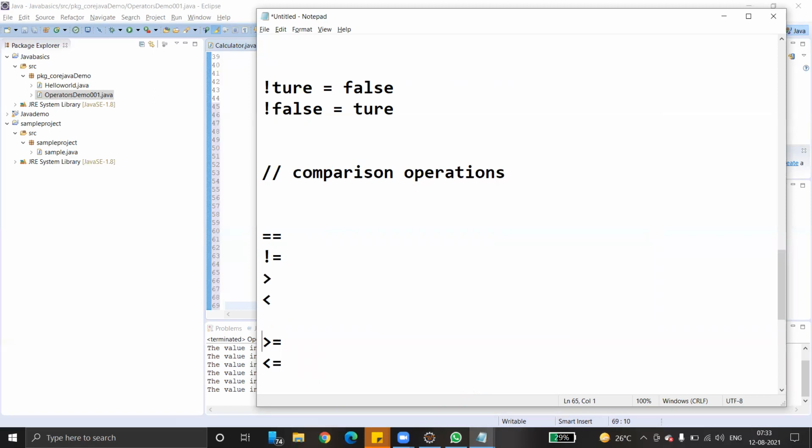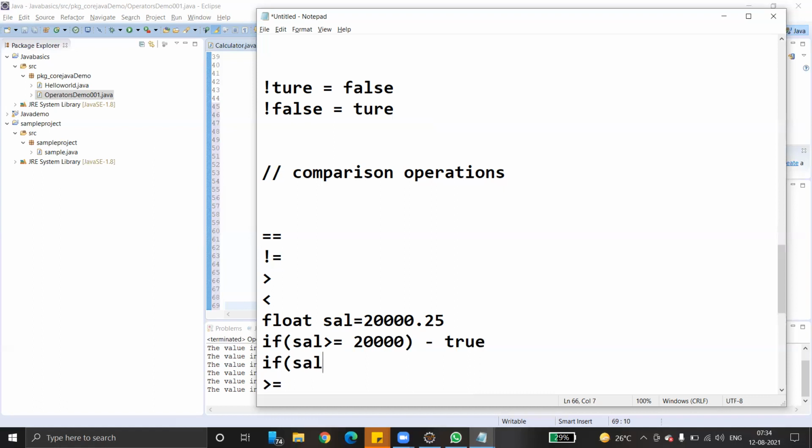See, float salary equals 20,000.25. If salary greater than or equals to 20,000, then the condition is true.